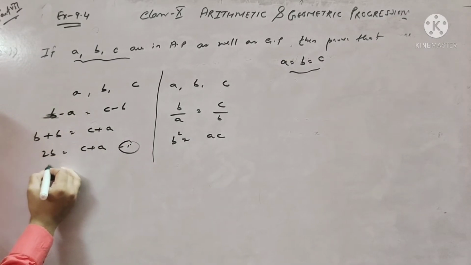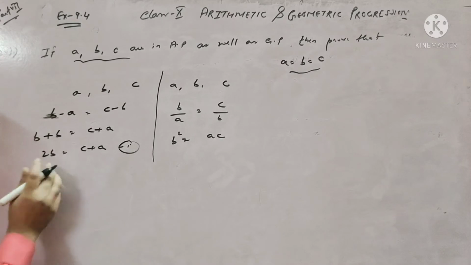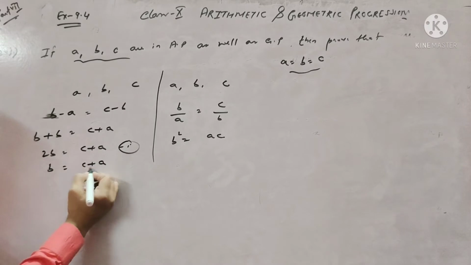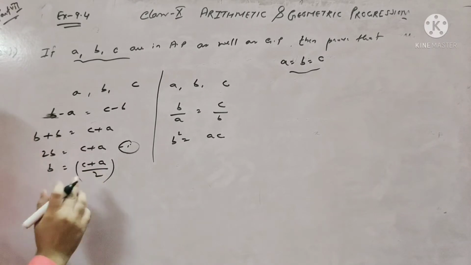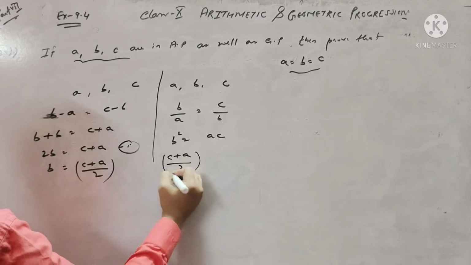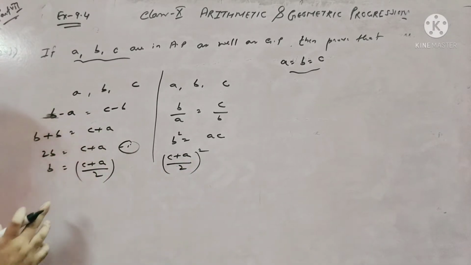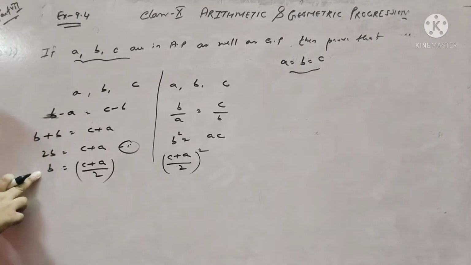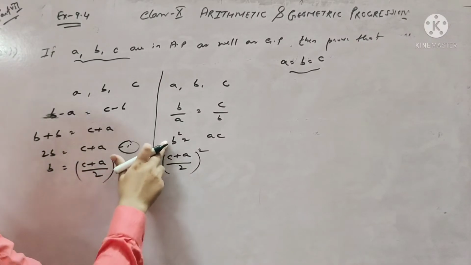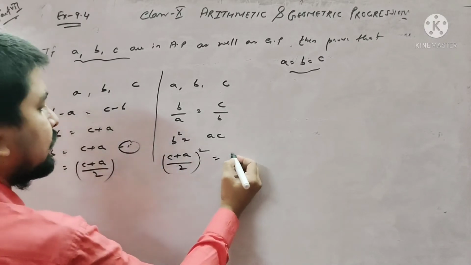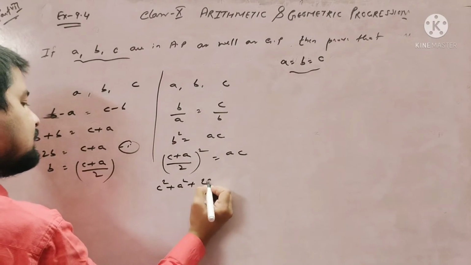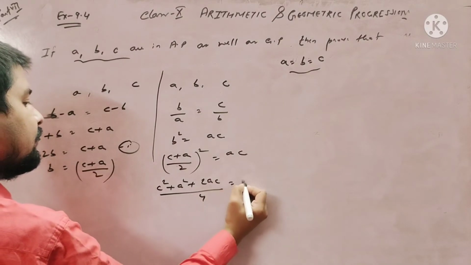You see here, first of all you get the value of B. If we calculate the value of B, what? B equals C plus A by 2. Okay. Here, in place of B square write down C plus A by 2 whole square. Clear? We find out the value of B as C plus A by 2, and in place of B write down this value. Okay, AC. So when you open this, that is C square plus A square plus 2AC by 4 equals